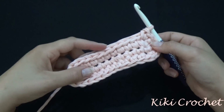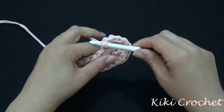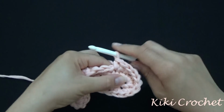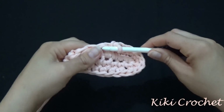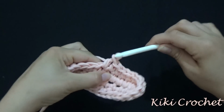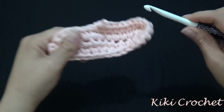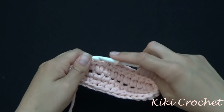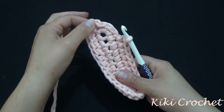I'm going to work 1 single crochet in each of the next 8 stitches. Okay, so starting from the next single crochet, 1, 2, 3, 4, 5, 6, 7, and 8. Now I worked an increase in the first 2 stitches, so I have a total of 4 single